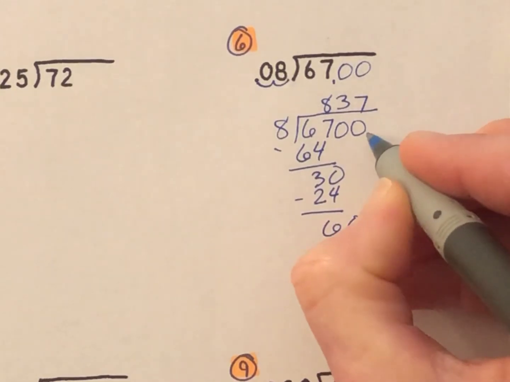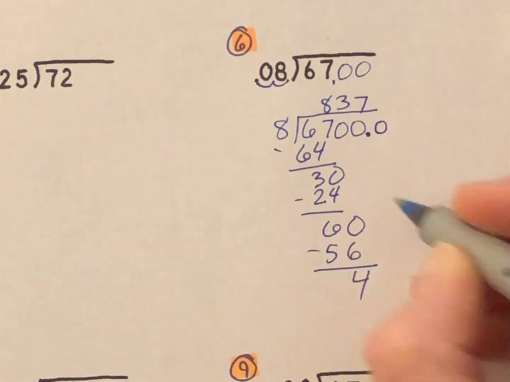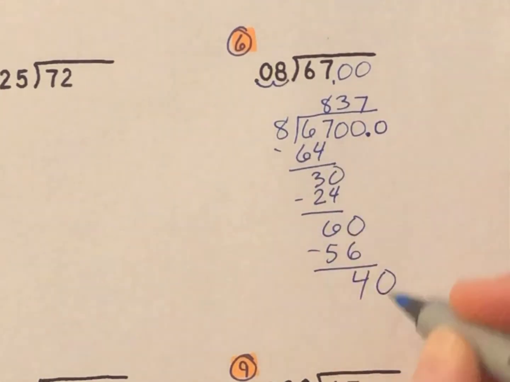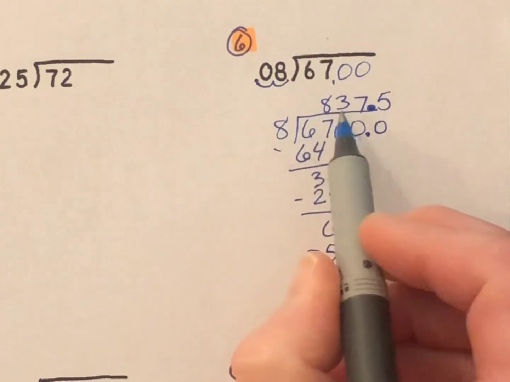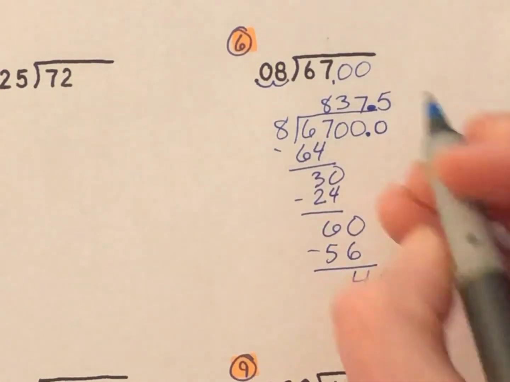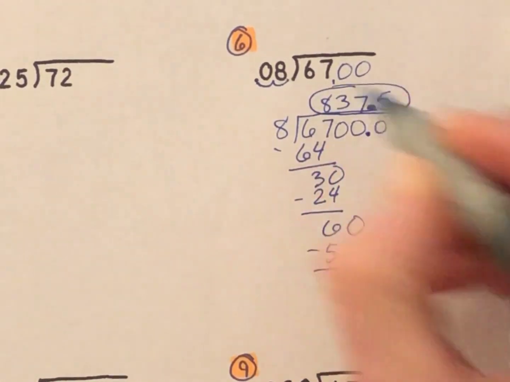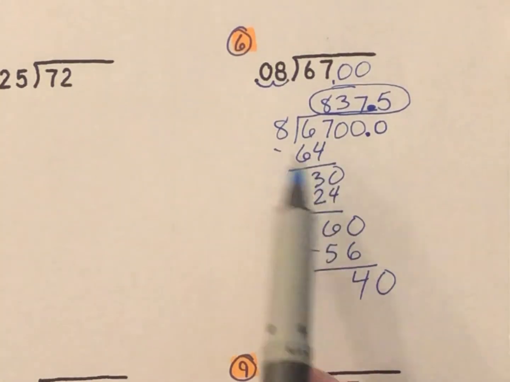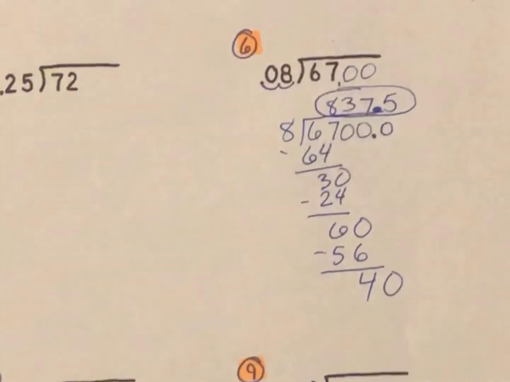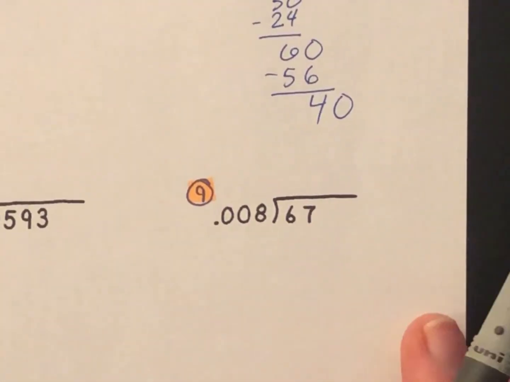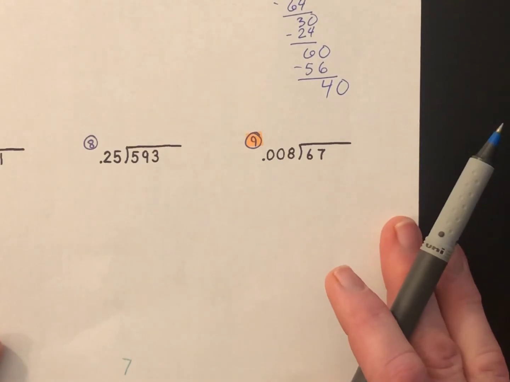So I'm going to put my decimal and another 0. Bring down the 0. 8 goes into 40 5 times. Very similar. Put my decimal up in my quotient. I have 837 and 5/10. So this is 10 times bigger than that. All right, now finally down here, I think I noticed a trend in all these. We've got